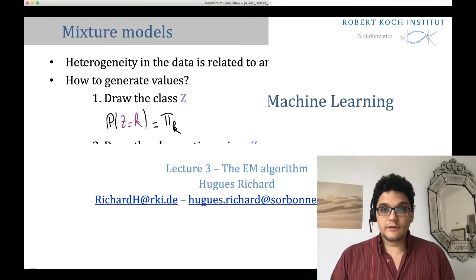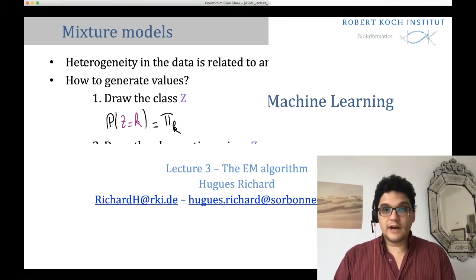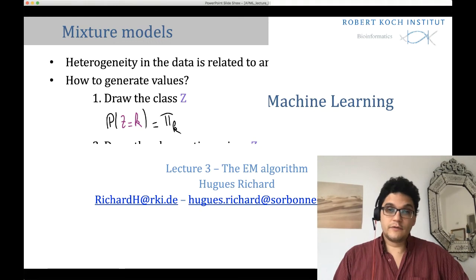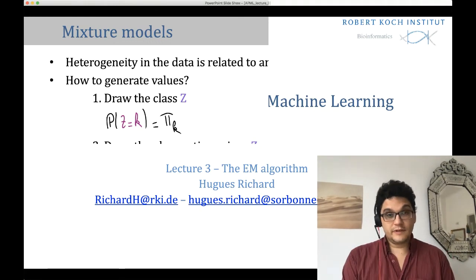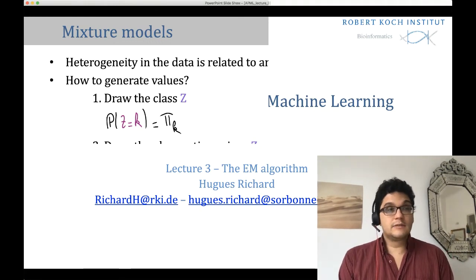So let's imagine we have two-dimensional values of height versus weight in humans. And we can see that it looks like a combination of two-dimensional Gaussians. But if we don't have, for instance, the gender of the people who were measured, we don't really know to which of those Gaussians this corresponds. And we saw last week that the mixture model is a very simple to formulate and general framework which can be used to do clustering.